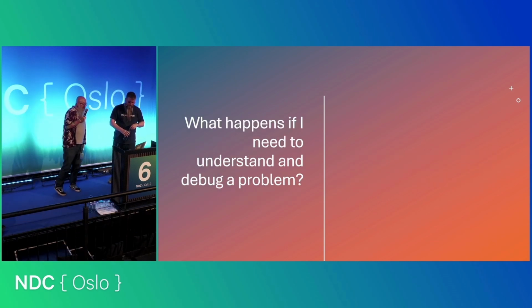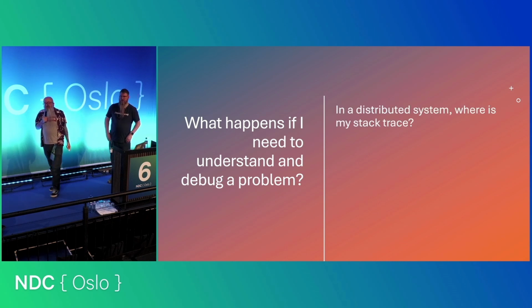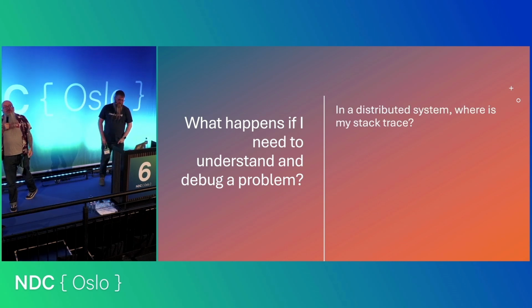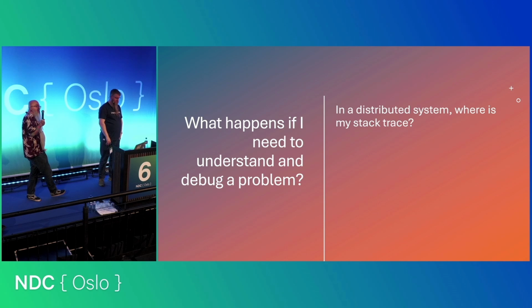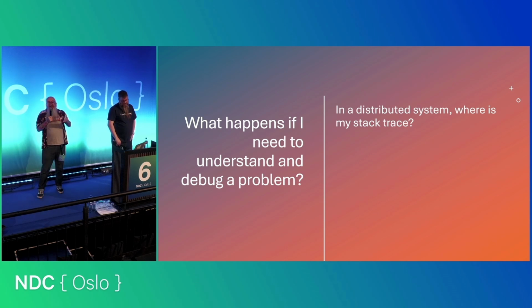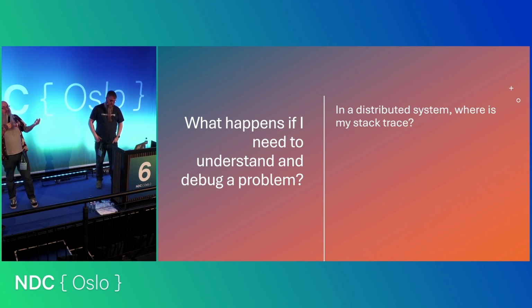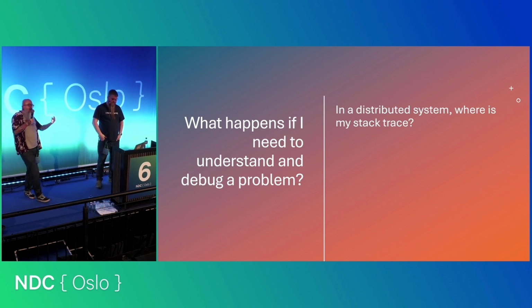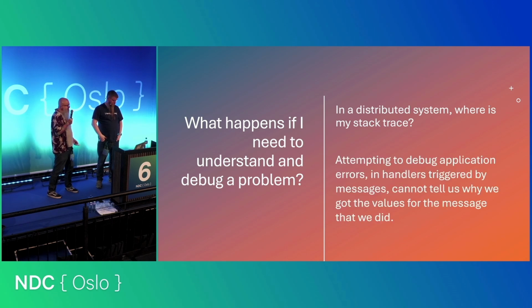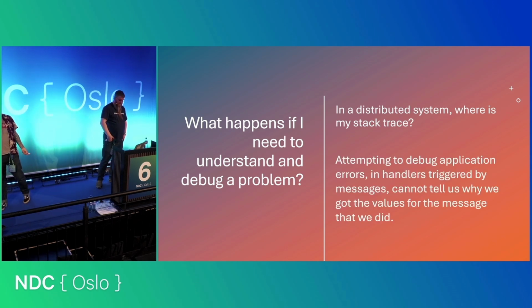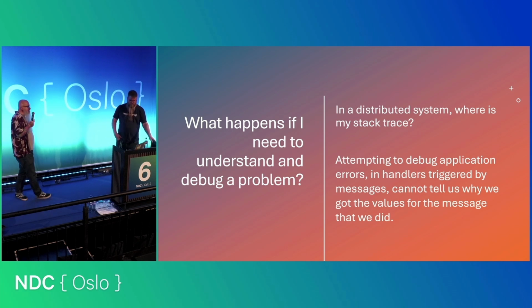There is effectively no stack trace in a distributed system. If there is a problem in one of my services and it goes wrong, I can't see the stack trace to where the messages came from which caused that failure. Or as a business problem, if all my orders are being rejected, I can't see how that happened. I have no visibility of what's going on. And so it's very difficult for me to debug a distributed system. It's very difficult for me to debug that choreography.